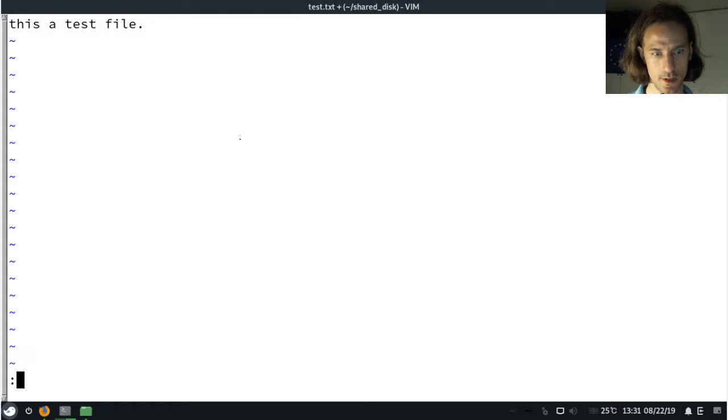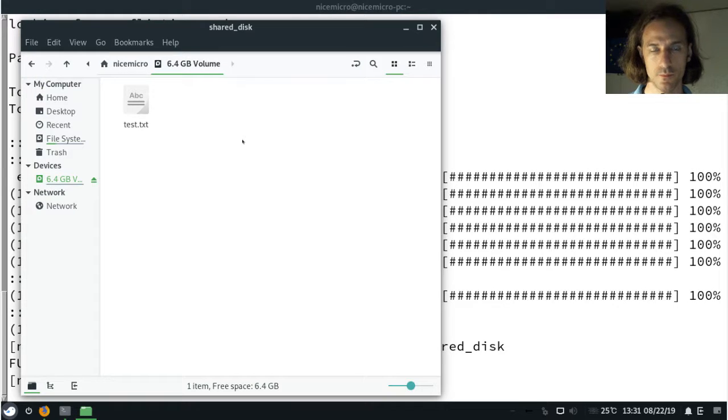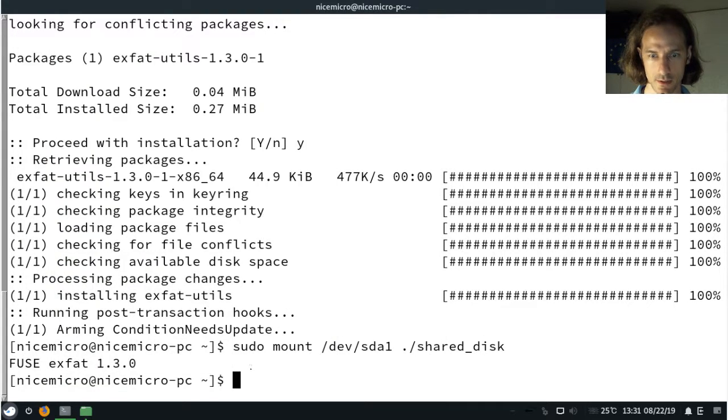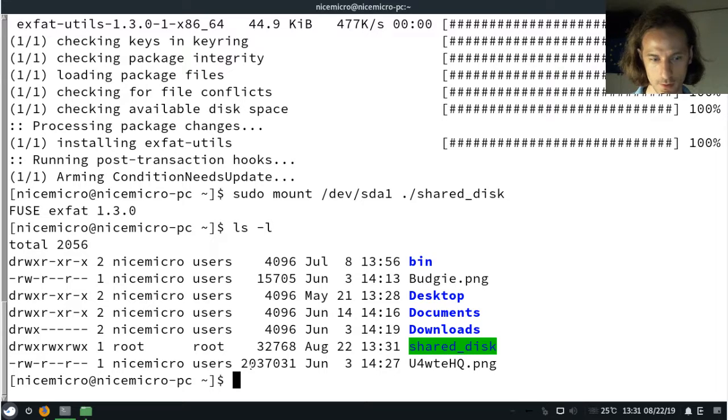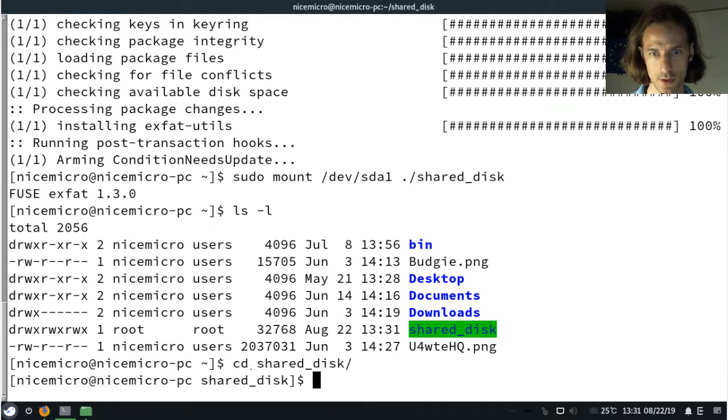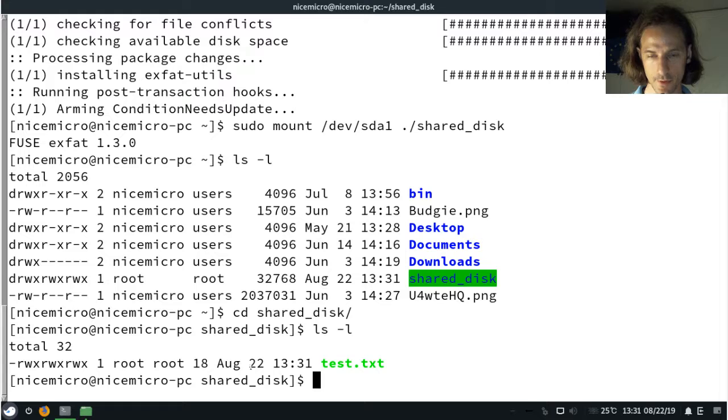And let's save it. So now if I ls -l, oh no, cd, I have to go into the shared disk, and now ls -l. So you can see that here, because this is an exFAT file system, and exFAT file system does not